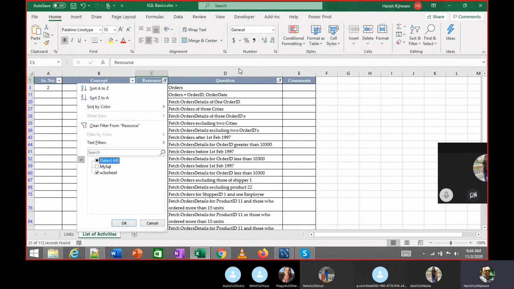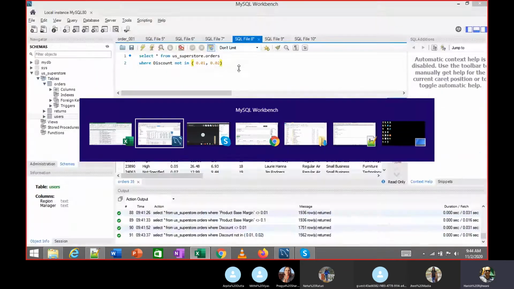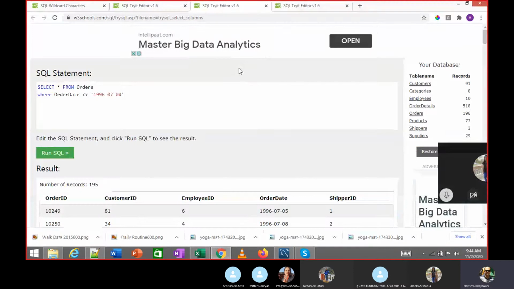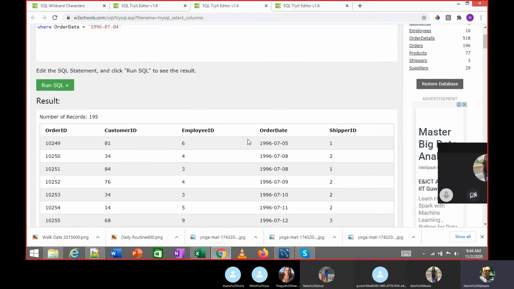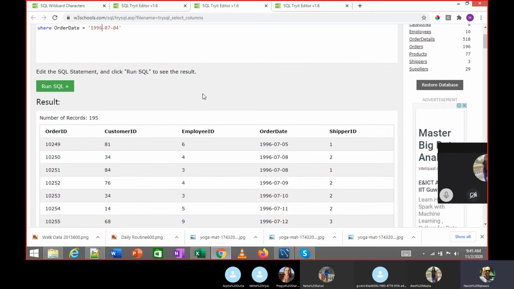So I can add another condition over here. Let's say, not for order date, let's take shipper ID. Let it get some data.